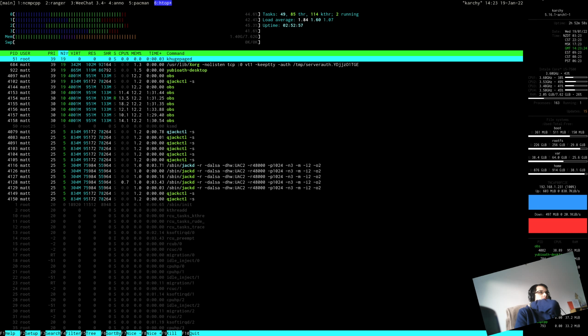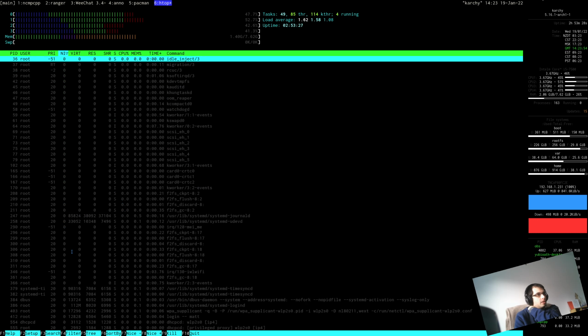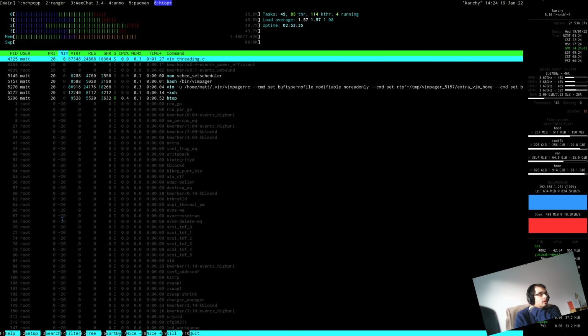So for whatever khugepaged is, it's a very nice application. Xorg is also nice, interestingly. Ubauth is nice. I'm surprised that OBS is so nice actually, although that's just that process. There are other processes in OBS that are a niceness of 10. Qdrant control is a niceness of 5, which is kind of understandable. And then you'll see that the root applications here, the applications that are owned by root, these system processes, they're going to be less nice until you get right down to the bottom. These are very unnice